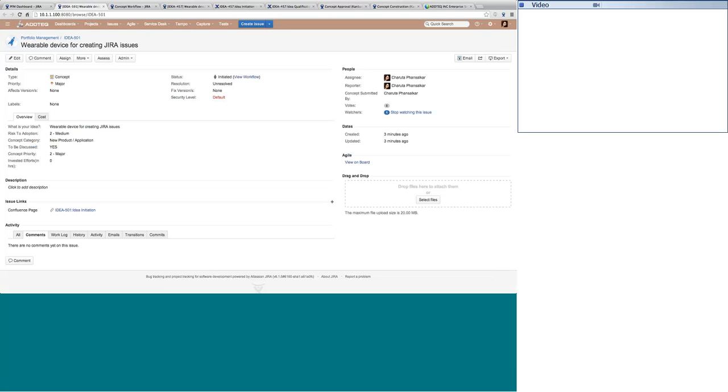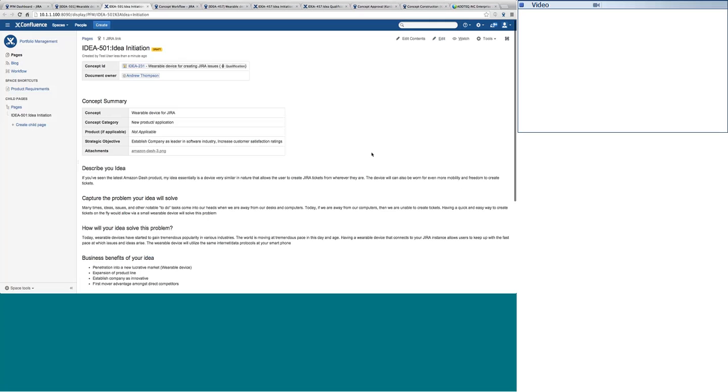Now, I'm very sure that whenever a person wants to launch an idea or something, and he or she comes up with an idea, this is not the only information one would like to have. You can understand that describing your idea, capturing the problem is really important. So we have given this facility to come to Confluence, where it's very easy for the user to come to Confluence and go back to Jira from Confluence by having this back-to-back possibility here.